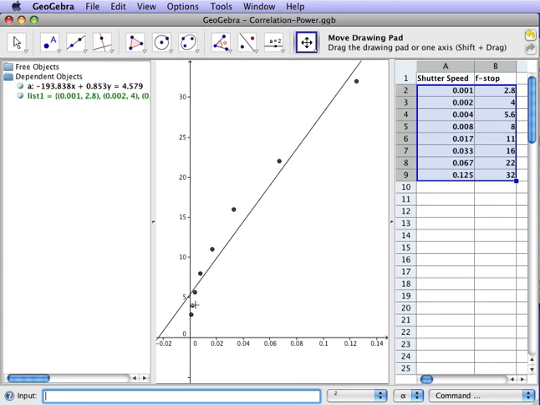GeoGebra has other fit capabilities as well. Students looking at the data may realize that there is a connection here, and it may have to do with some kind of a power relationship. So we will use an alternate approach. Instead of a linear fit, we'll type in fit, but we'll use power instead. We again will type in list 1, and when we hit enter, GeoGebra draws the equation,